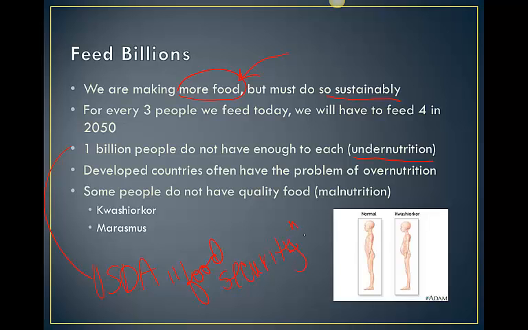The idea that there would be a sustainable and secure amount of food for all people in the country. So our government does work towards preventing undernutrition in our country. A bigger issue that we have in the United States, instead of having undernutrition, what we typically have, and other developed countries have this problem as well, is overnutrition.